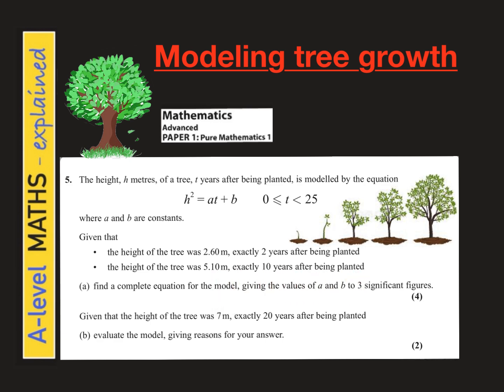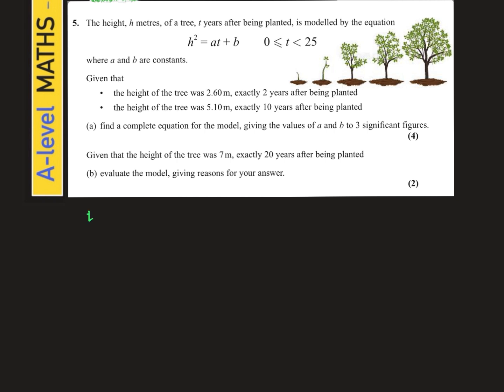after being planted. And I can see straight away that this is going to require simultaneous equations, because we're looking at values of A and B, so that's two variables, and we have two equations. So at t is equal to 2 years, our height is going to be 2.6. Similarly, at t is equal to 10 years, the height is going to be 5.10. So we'll substitute these values into the equation, and the first equation will become